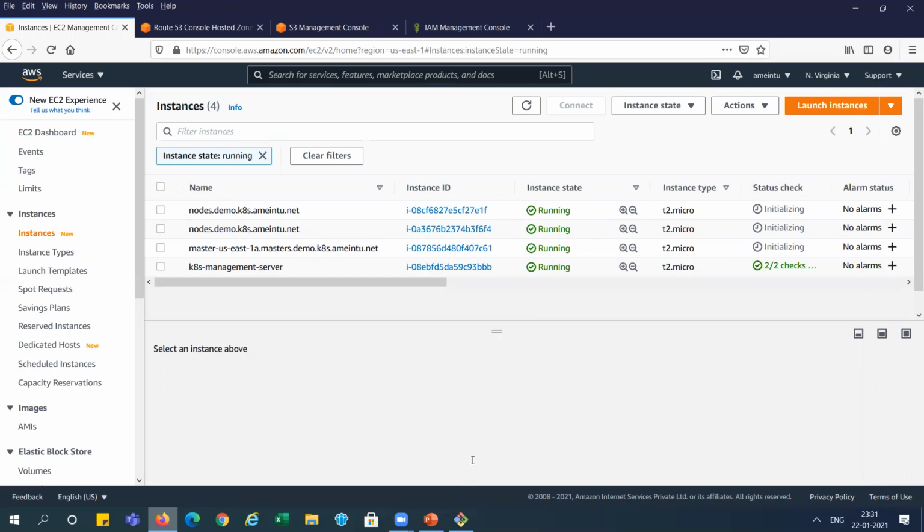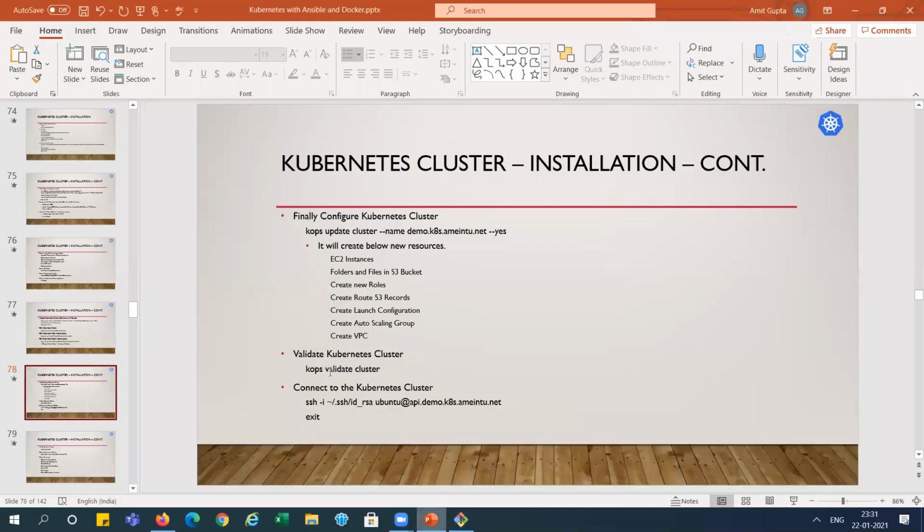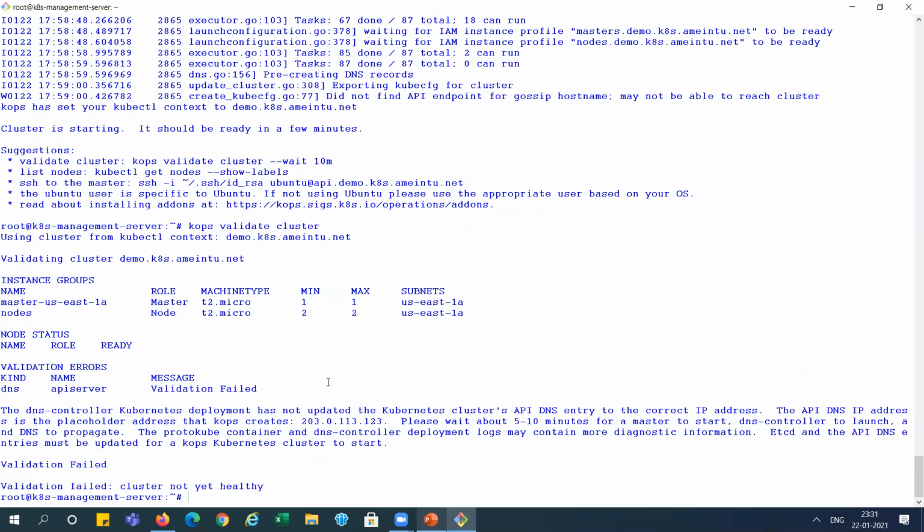So let's go back and run this command, COPS validate cluster, right? This is the command. And here I have written this to validate the cluster, right? I showed you this step earlier, right? And this is COPS validate cluster. We need to check here what output we are getting. You can see here, it is showing validation fail, status not ready.